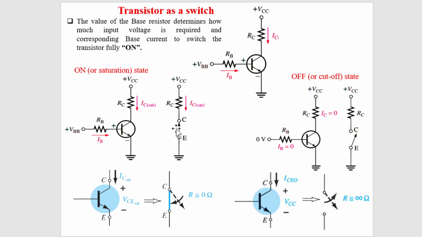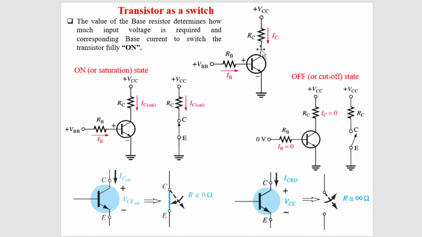Now let us try to see one numerical example based on the switch. Then we should have some more idea about how one can use a transistor as a switch. And remember this, when we are using a transistor as a switch and we apply an input power supply, let us say this is 10 volt. When this power supply VBB is 10 volt, then obviously the current will flow because of this power supply through this resistance. There will be some voltage drop, and because of this IB we will get a collector current.